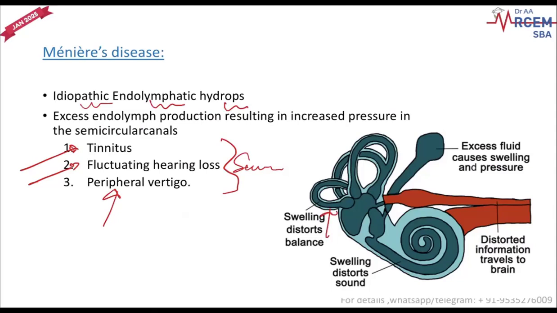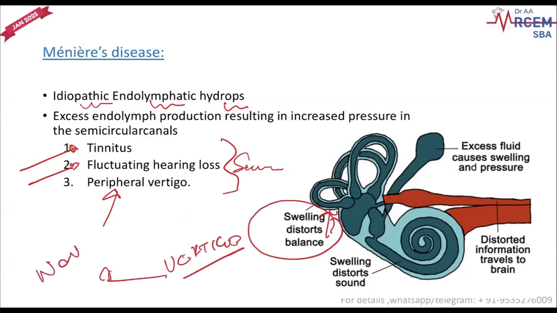Inside the semicircular canals, there is a liquid. That liquid gets increased for some reason. The exact reason is not known. That causes distortion of the balance, resulting in a spinning sensation, vertigo. Vertigo will result in nausea and vomiting in these individuals. So there is an excess of endolymph production, we do not know exactly what happens, but it occurs in the semicircular canals, which results in Meniere's disease. Most of these patients would have already been diagnosed with Meniere's disease, and they come with worsening